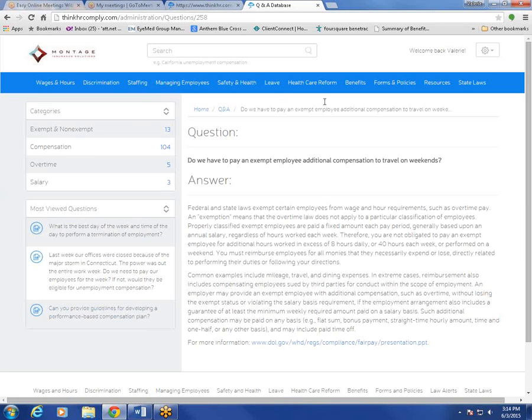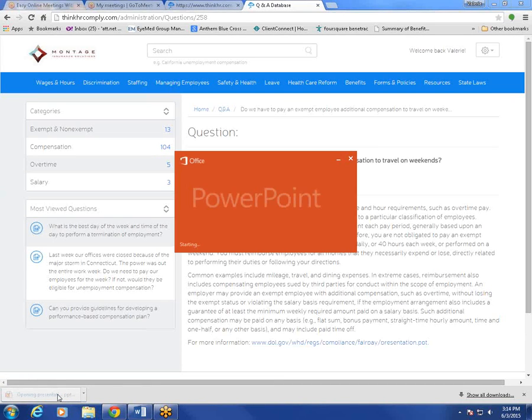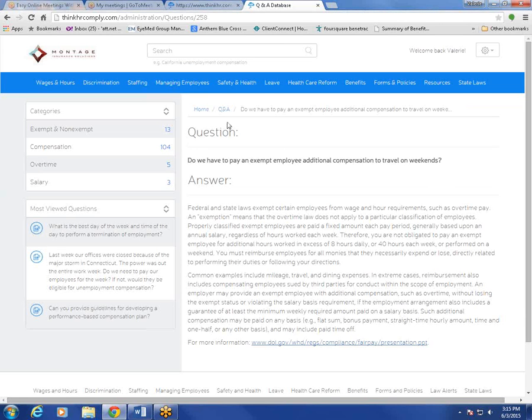In addition, I have noticed a lot in ThinkHR that they will actually give you links to government websites if your question has something to do with government compliance. In this case, with regards to compensation to travel, you'll see down here that there's a PowerPoint presentation that will open up that was generated, it looks like, by the Department of Labor. So that's just one key or very unique example of what they will do here at ThinkHR. I'm going to go back to,